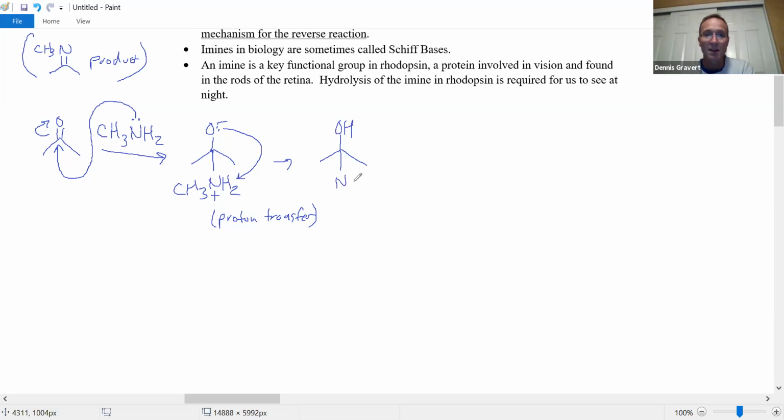And now our compound is neutral. Other textbooks show this, so I'm putting this in parentheses, saying it's an alternate mechanism, alternate steps. If you Google the imine mechanism, you might actually see this. And if this is the one you've got memorized, I'll accept it also for full credit. Start again